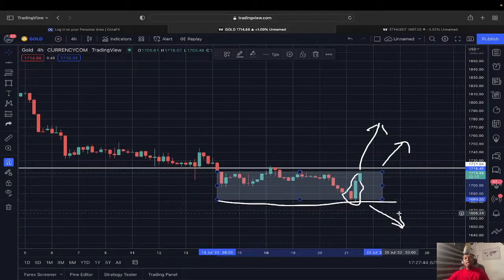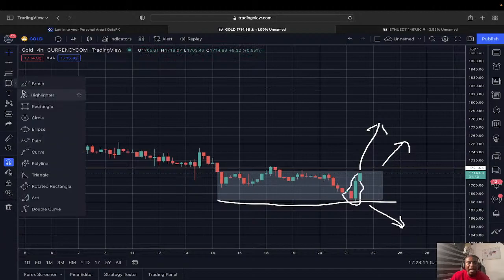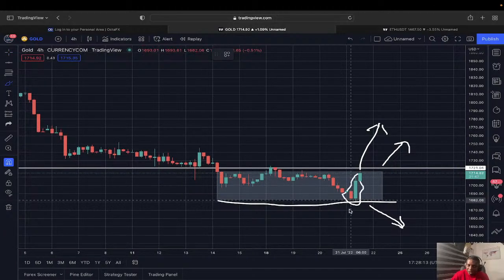Yeah, so when there is a situation where you are not sure what is going to happen, like what we have here now, and we are waiting for a breakout, somebody said, how many candlesticks will we wait for before we enter for either a long or a short? So you look at this scenario now. We are going to wait for a candlestick that will break out and close. So the candlestick must not only break out, it must break out and close.